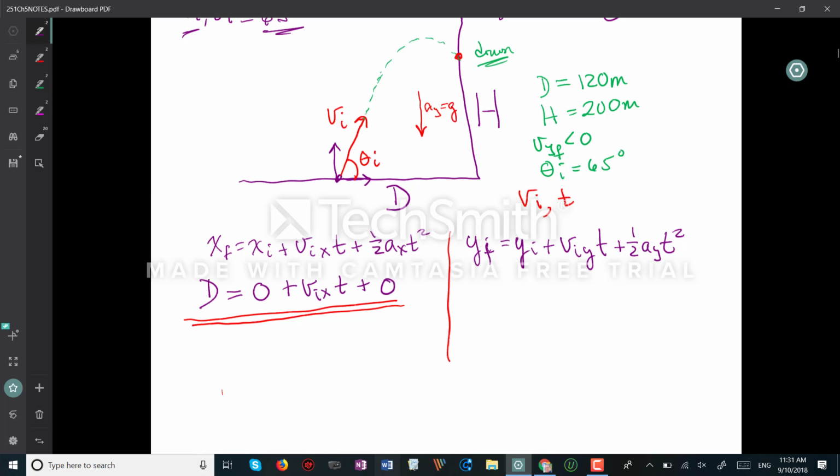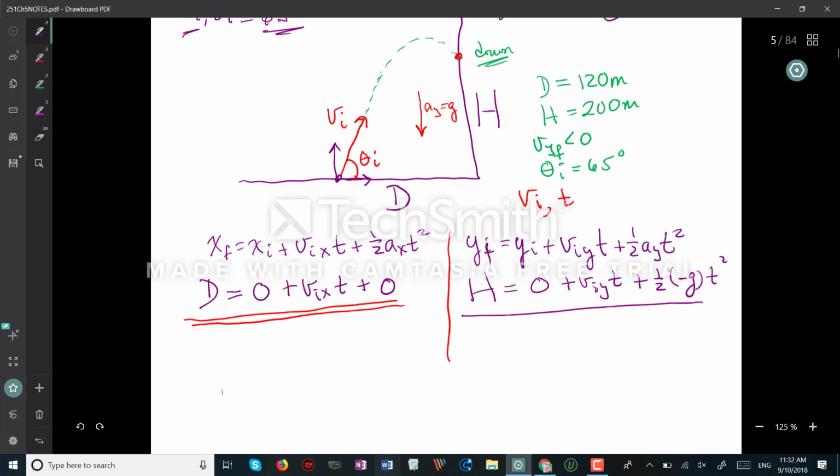What's my final vertical position? H. What's my initial vertical position? What's my velocity? I'm going to put VIYT plus 1/2. What's A sub y? Negative G. It's G down. So the down is the negative sign out front. Yum yum? So